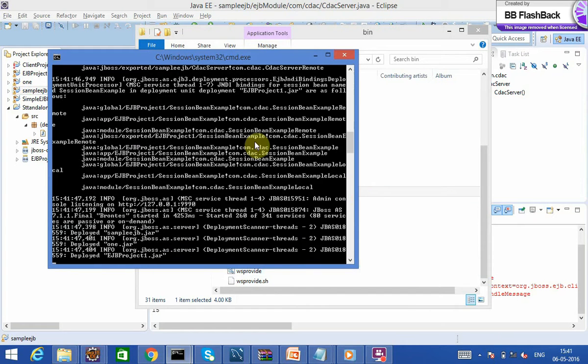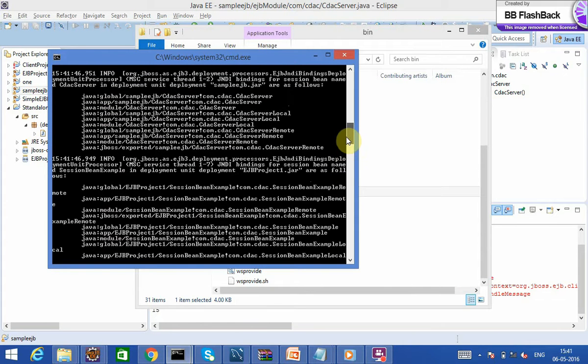You can see that the jar files that are there have been deployed. This is a new jar file that I added, sampleEJB. It is deployed and these are the JNDI names that got created. My server is ready now.